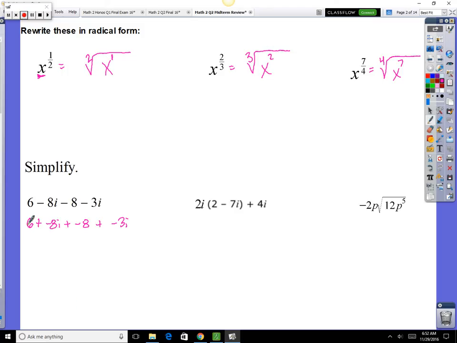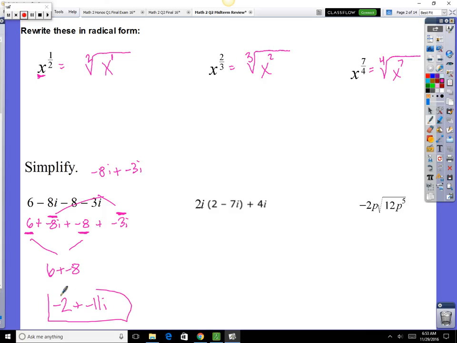So now you're like terms. 6 is a real number, and a negative 8 is a real number. So these two play together. So it's 6 plus a negative 8. Now the 6 plus negative 8 is going to be a negative 2. So those will clean up and give you a negative 2. Okay, now these are like terms. You got some imaginaries here, and you got some imaginaries here. So these will play together. So if you have a negative 8 imaginaries plus a negative 3 imaginaries, your total is a negative 11 imaginaries,